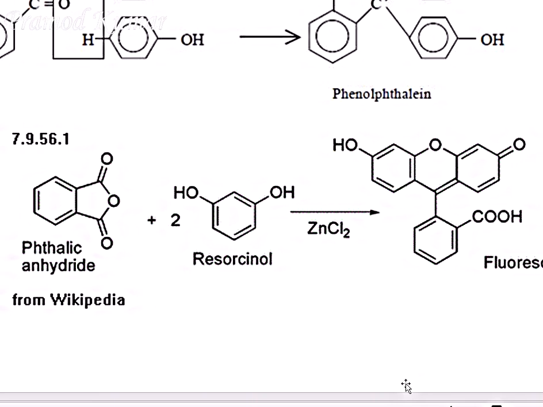This is how you use it. So what happens? You take phthalic anhydride, C double bond O. Okay, so this is your phthalic anhydride that will react, fuse with two phenol molecules. So it will undergo condensation over here. The carbonyl group will condense with your phenol, and there is a loss of water and you get your phenolphthalein indicator.